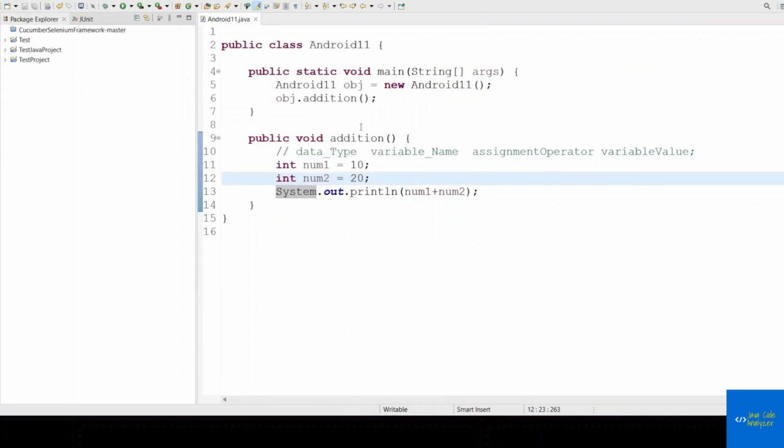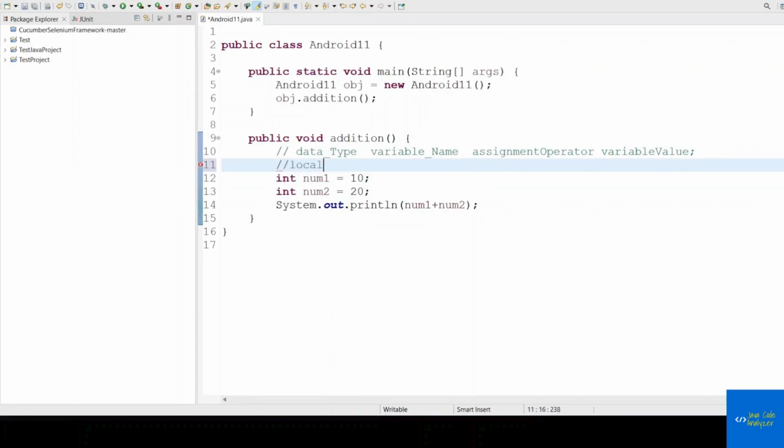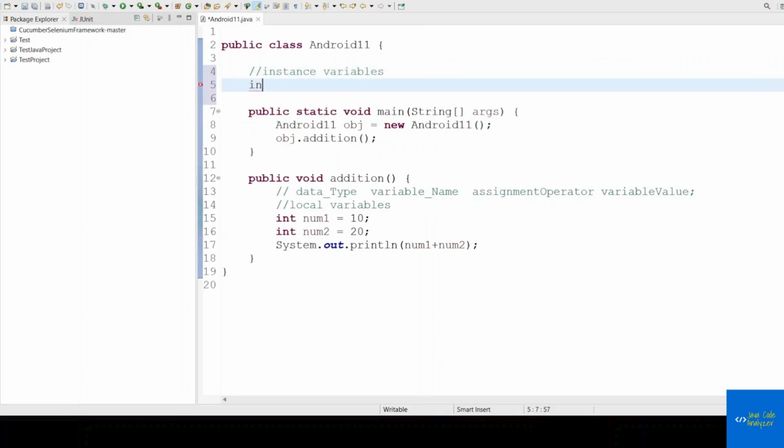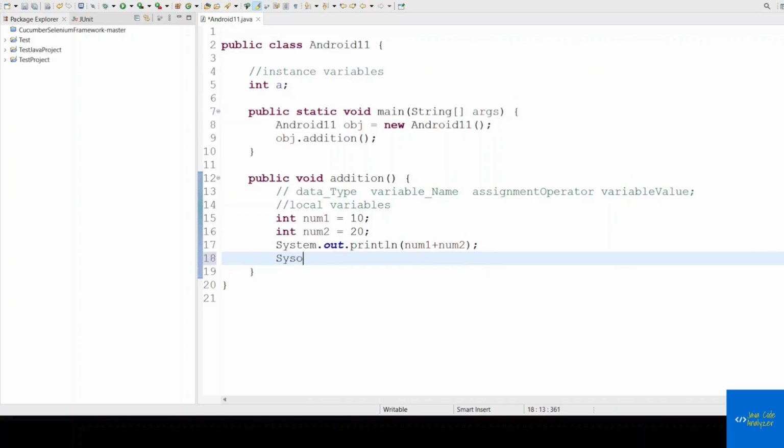So for that, what we have to do is, this is called a local variable. I'll explain what a local variable is, don't worry, in future sessions, okay? But whatever we declare directly inside the class, outside any method, those are called instance variables, okay? And if you declare an instance variable, then the default value will be given by the JVM. So I am using this to show you guys the default value of the integer data type, okay? So now let me try to print sysout, control space, default value